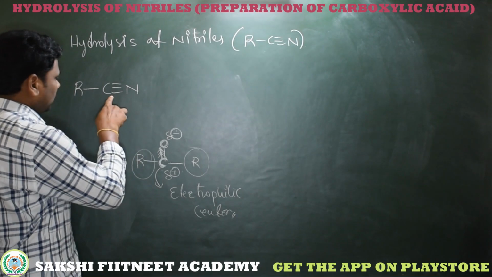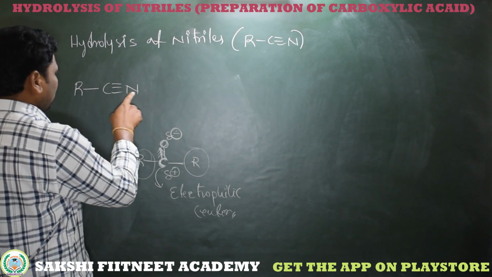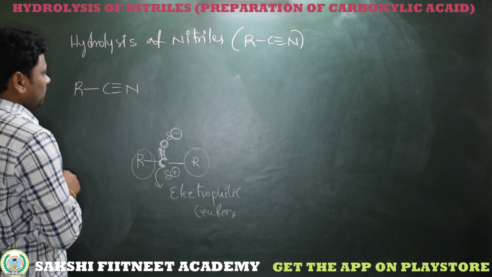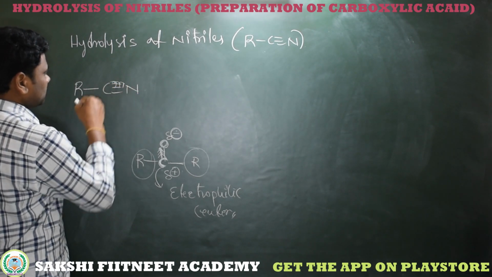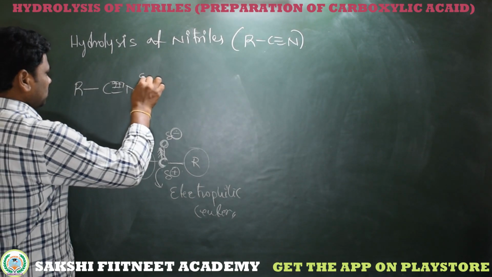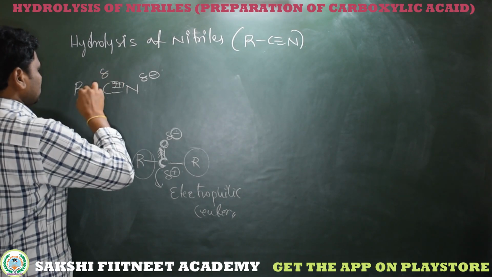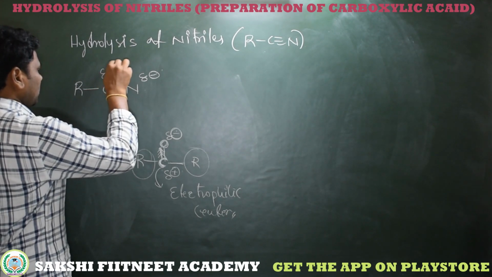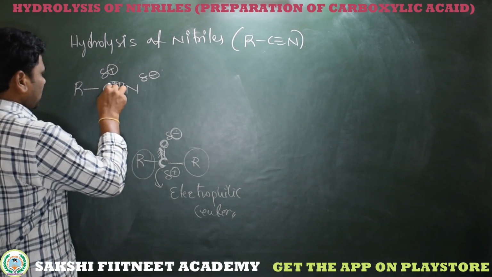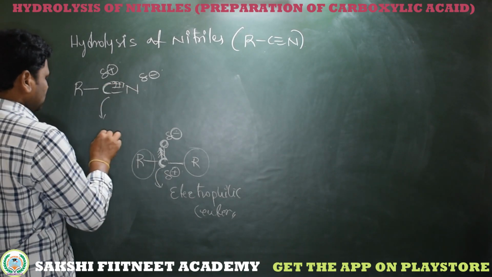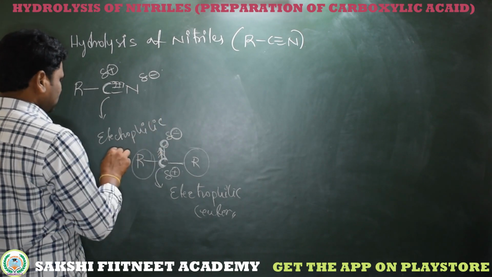In the same way, here the carbon is bonded to nitrogen. Nitrogen is more electronegative compared to carbon, so the bond electrons are displaced towards nitrogen. The electron cloud around nitrogen increases, showing a partially negative charge, and around the carbon it decreases, showing a partially positive charge. So due to this electron deficiency, this carbon shows the same electrophilic nature.